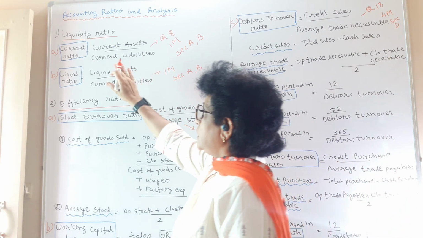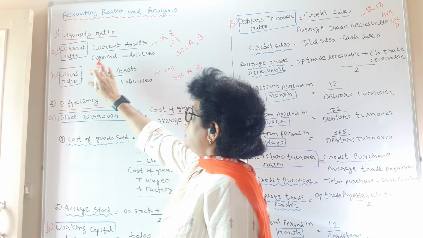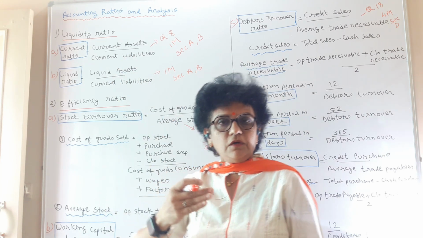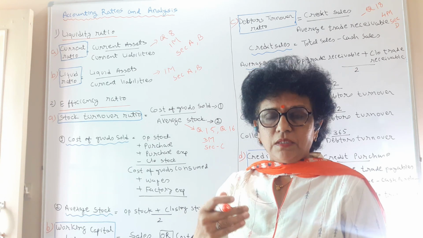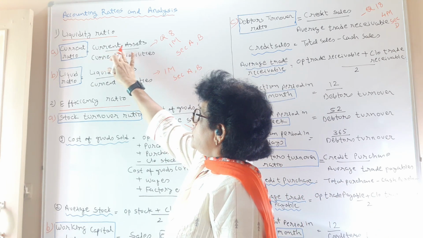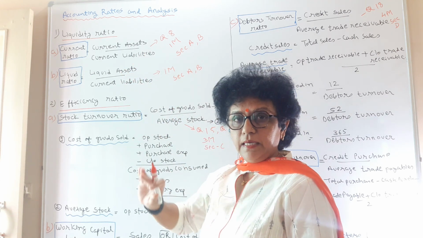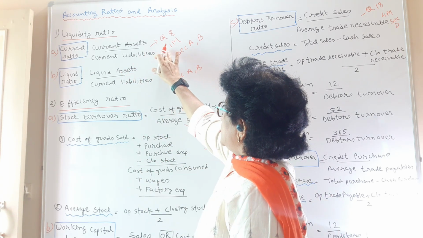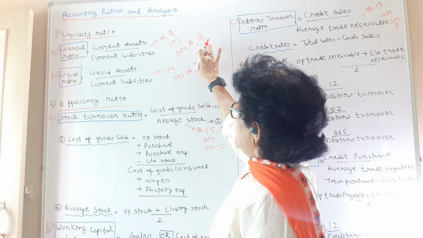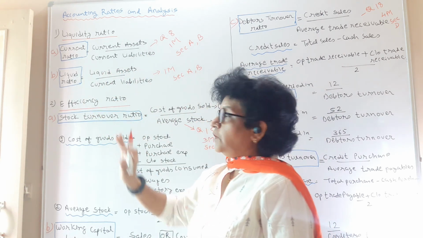The very first important formula is the liquidity ratio. First is the current ratio. Current ratio, as you know, is current asset upon current liability. Now in the question, the list of assets and liabilities is given. You know very well which are the assets and which are the liabilities. Put all the current assets together, keep on totaling, and put all the current liabilities together, divide and get the answer. So for a 1 mark question, just a multiplication, addition and division you have to do in section A or in section B.